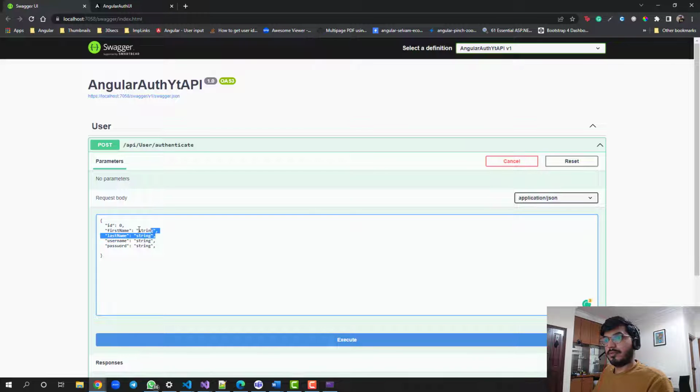I need username, so let me add username as John and the password was admin at the rate 123. Sorry, I made some mistake. So this was control V, John 30, and the password was,